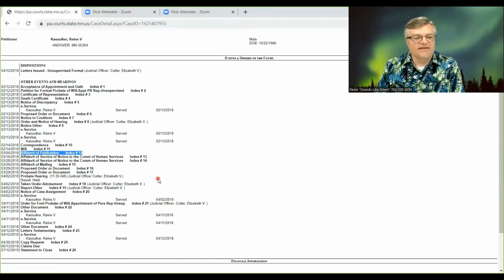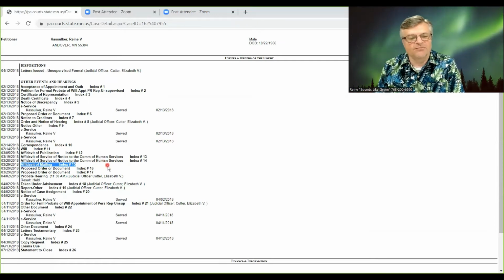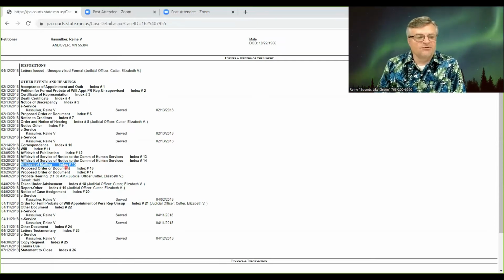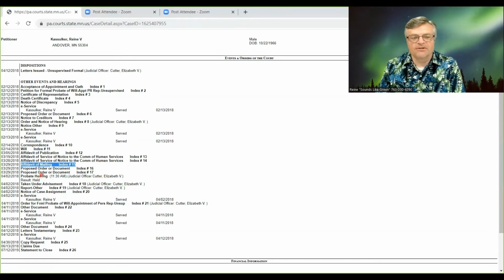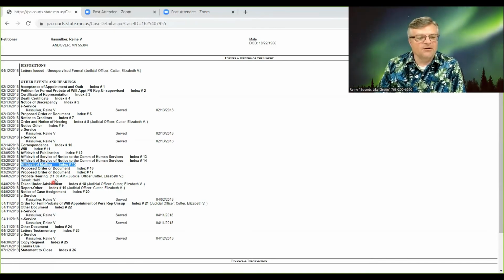There was also an affidavit of publication that was indexed into the record, an affidavit of mailing, notice to the Commission of Human Services. Okay, those were all things that were happening throughout the case. So as personal representative, I could log in here at any time and know exactly what was happening. The other thing I wanted to point out is